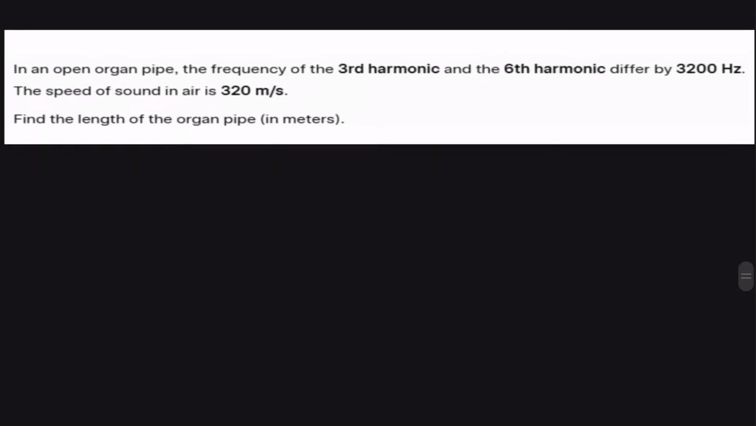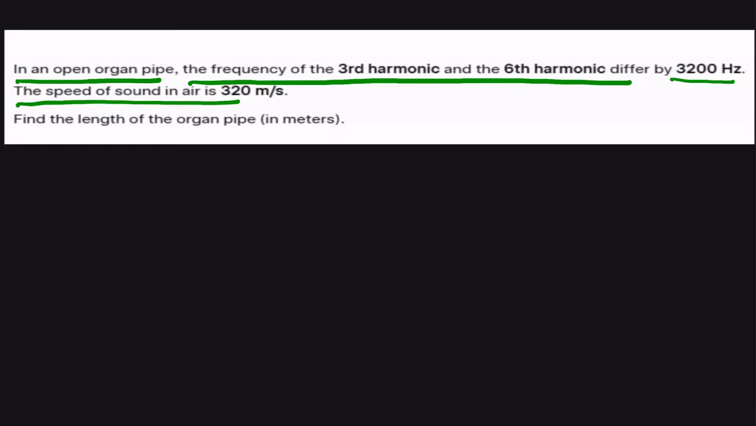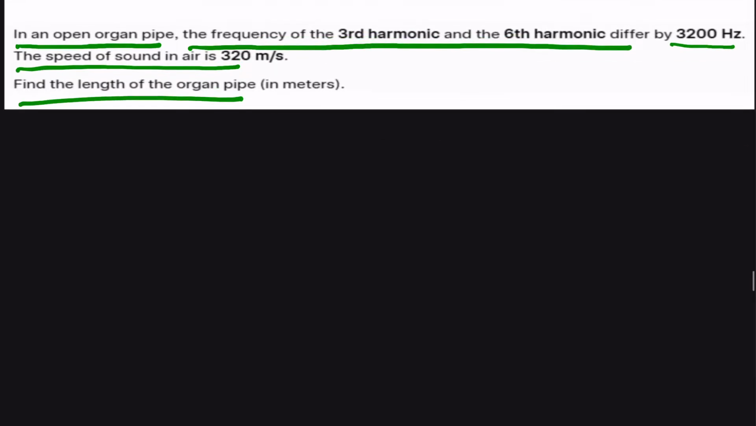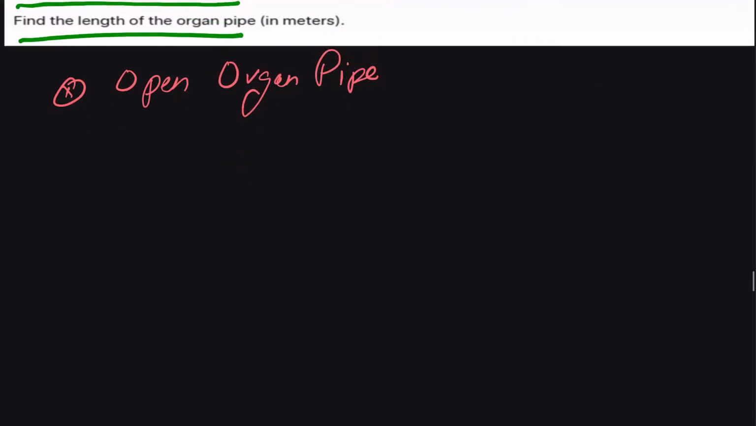The question states that in an open organ pipe, the frequency of the third harmonic and sixth harmonic differ by 3200 Hz. The speed of sound in air is 320 meters per second. Find the length of the organ pipe. So we are given the difference between the third and sixth harmonic, and we have to remember this is our open organ pipe, and the difference between our sixth and third is